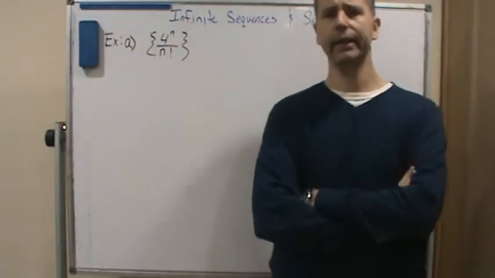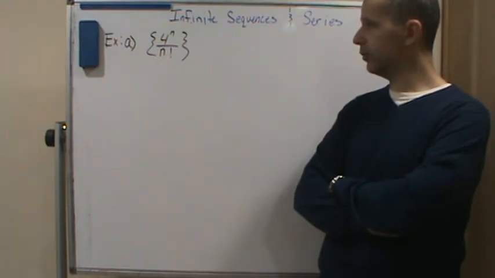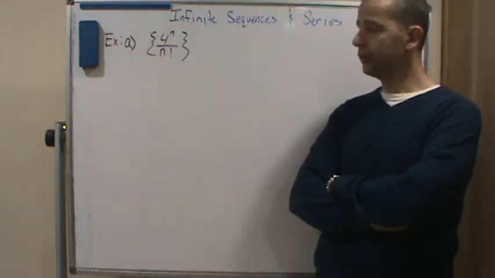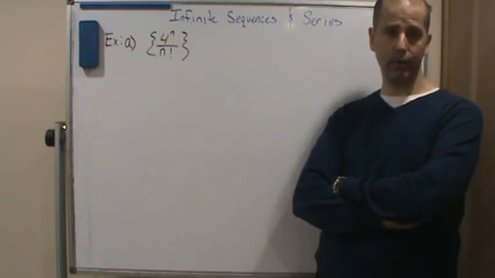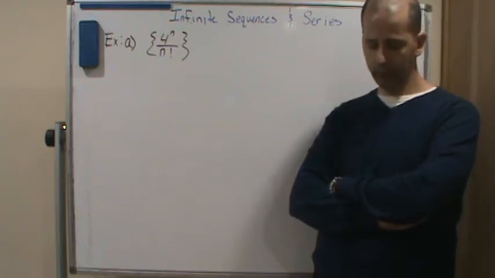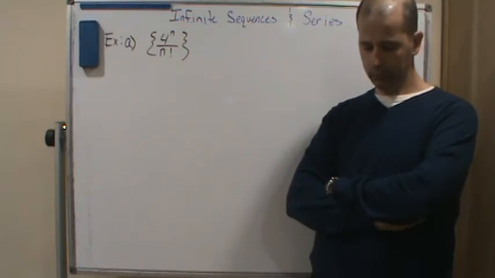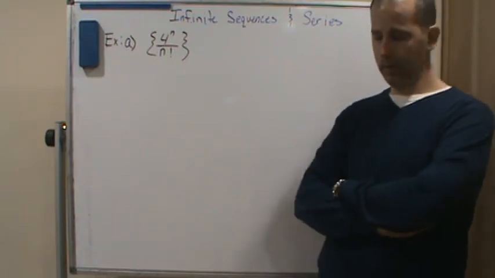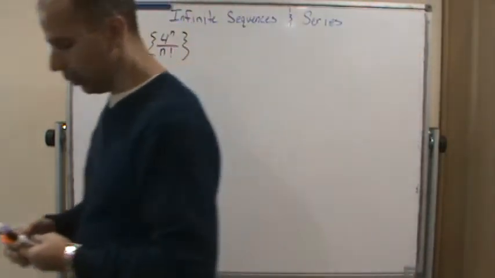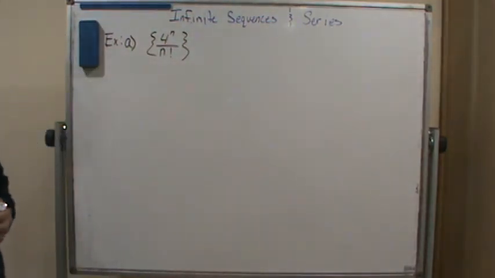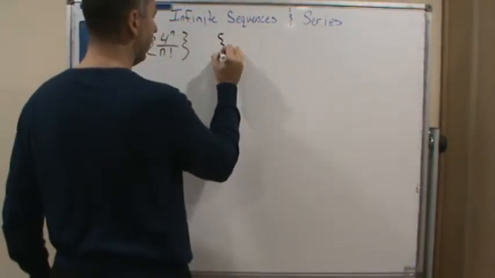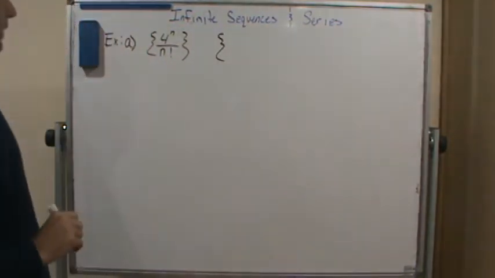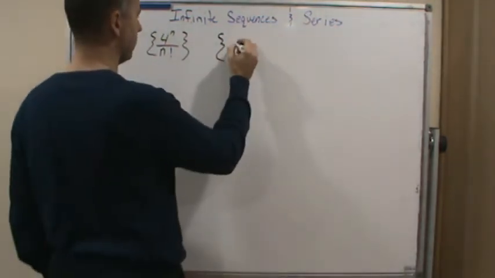Okay, so welcome back. In this video we're going to do some examples of sequences, seeing if they converge by using the monotone convergence theorem. So first thing we're going to do is let's see what happens when we write out the first few terms. So when n is equal to 1, we get